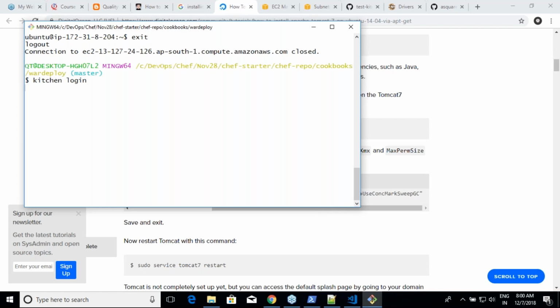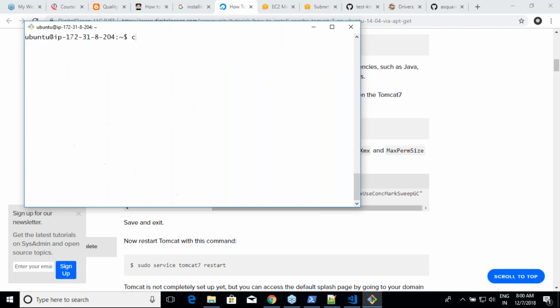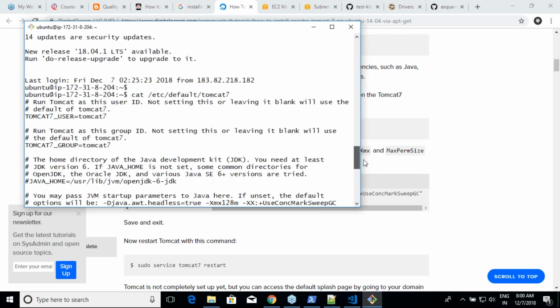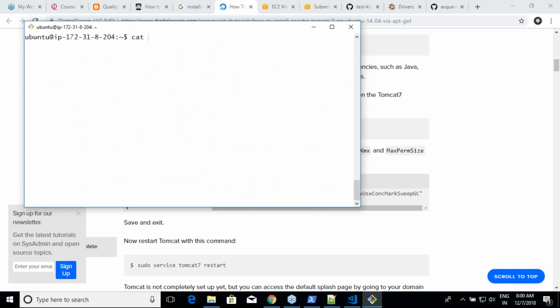We need to see how that file looks first of all before we modify it. So that's why I'm trying to log into that machine, get into that path /etc/default/tomcat7 and see what is in there. So cat /etc/default/tomcat7. So this is the whole file. Yes. So what I'll do is cat /etc/default/tomcat7. I don't want to mess with this file, and then I will redirect that to tomcat7 over here.